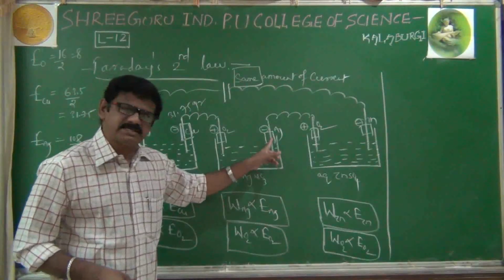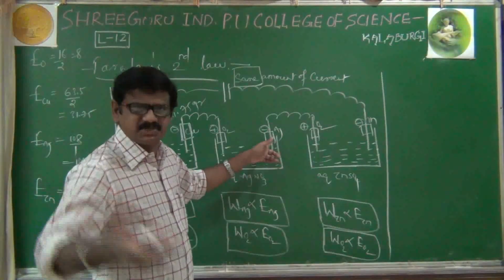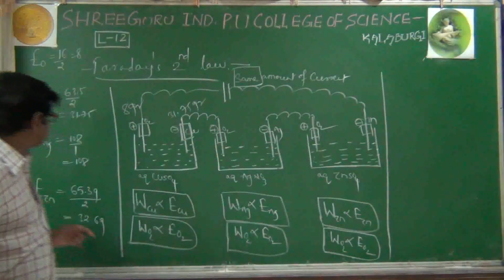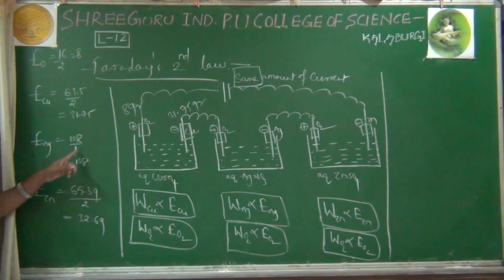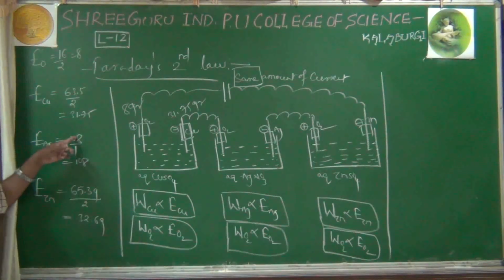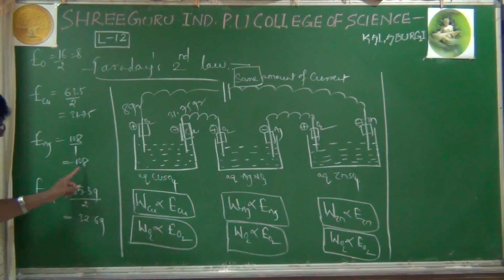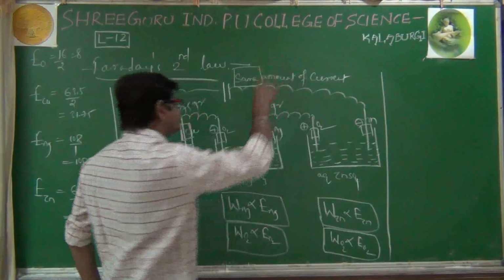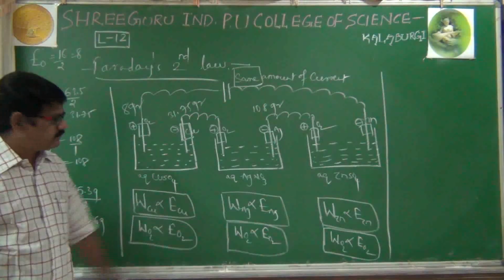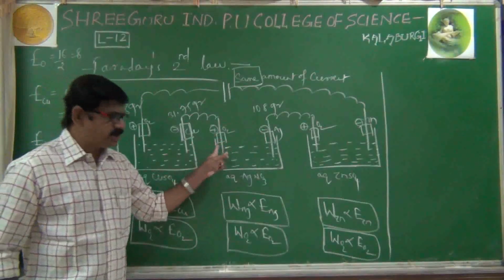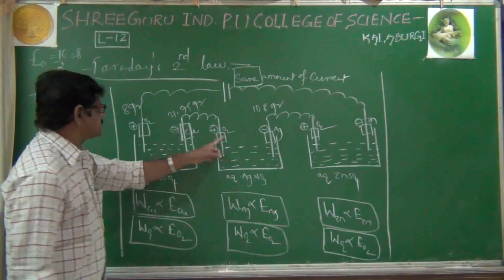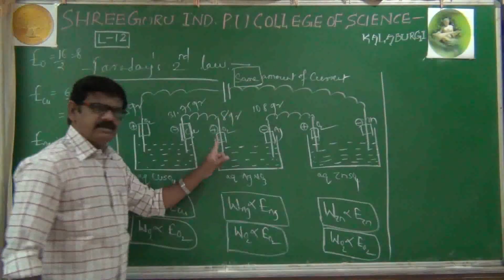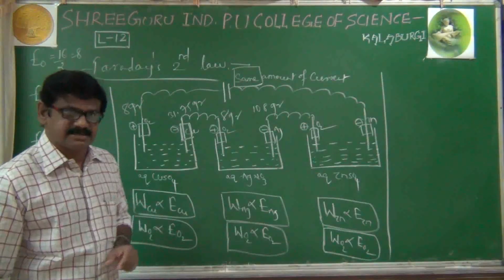In the second container, how much silver is deposited? Again, it is equal to its equivalent mass. As far as silver is concerned, the equivalent mass is atomic mass divided by valency. 108 is the atomic mass, and the valency is 1, so it is 108 only. Therefore, 108 grams of silver will be deposited at the cathode. What about the anode? The anode is again the same, oxygen only. 8 grams of oxygen is liberated at the anode in the second cell.